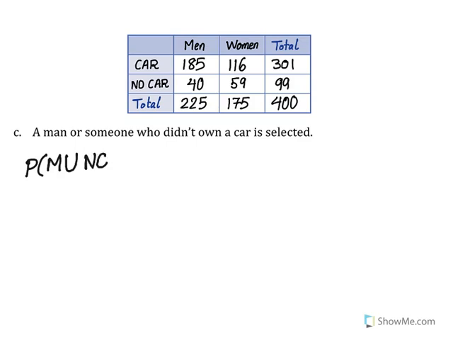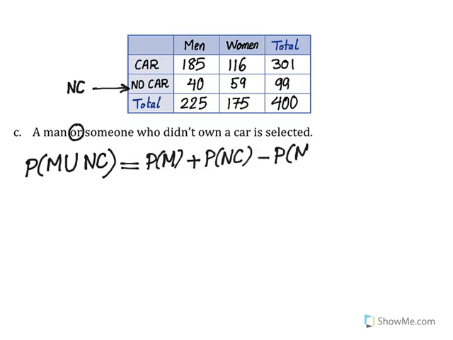The next question is find the probability of a man or someone who didn't own a car. So NC, this is no car. You remember I said that instead of no car we write it as NC, the event. Again, this is an OR probability, so it's the probability of man plus the probability of no car minus the probability of man and not having a car. So probability of man is, you can see how many men do we have in total, 225. So it's 225 out of the total, of course, 400,